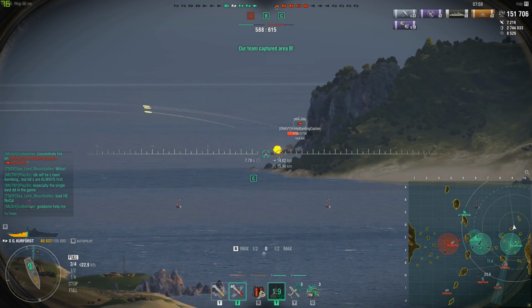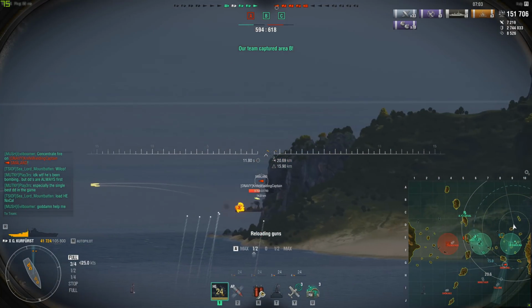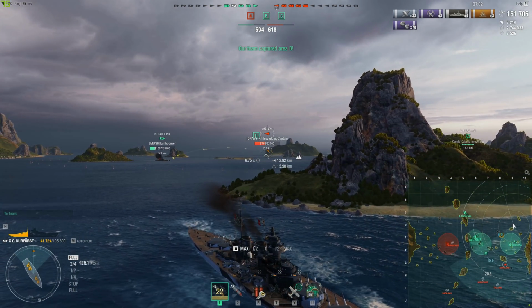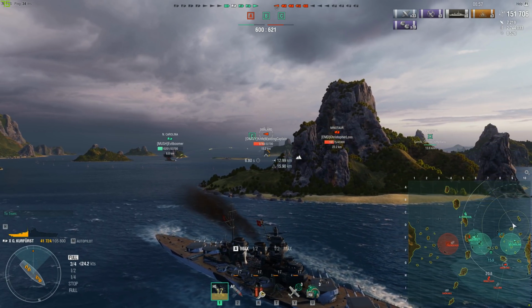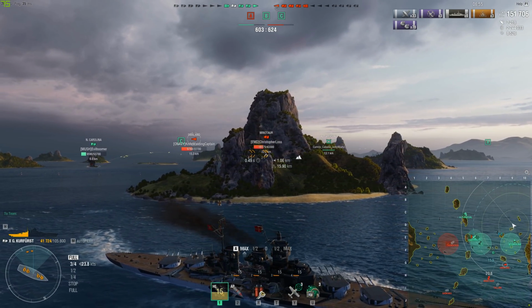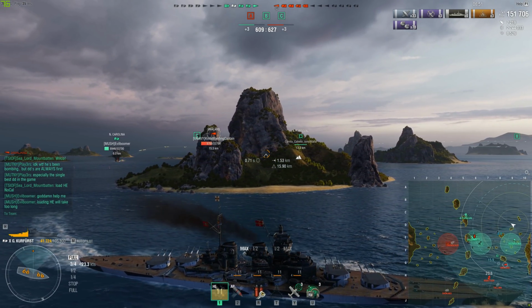Agincourt. AP shell parameters were changed. Maximum damage reduced from 8,800 to 8,100. Fuse arming time increased from... Oh, I see what they're doing. Increased from 0.015 to 0.033 seconds. Armor penetration reduced. Huh. That's...